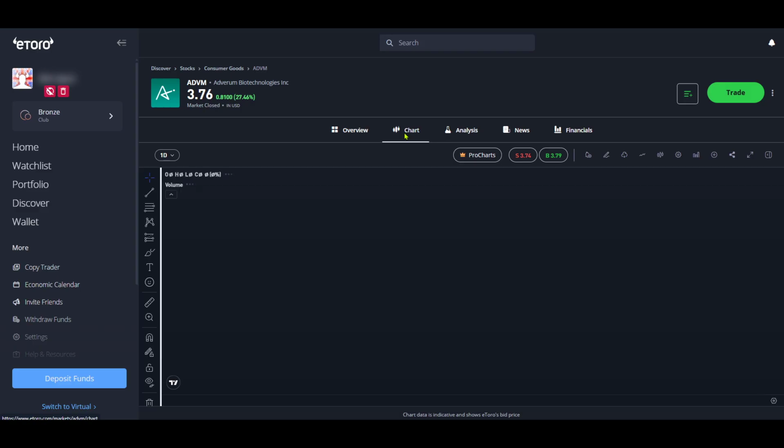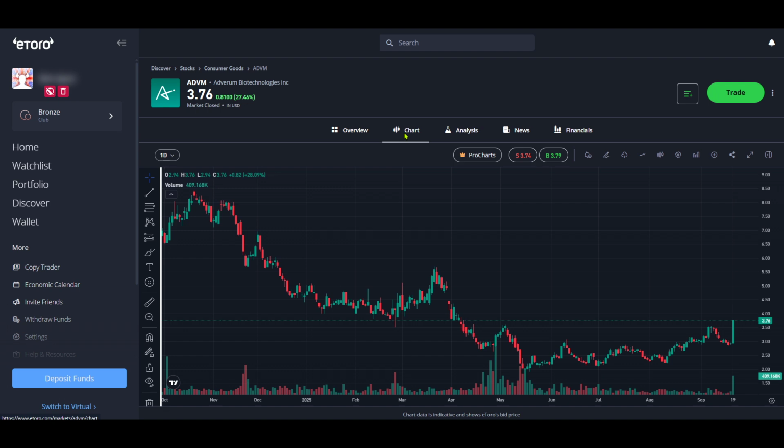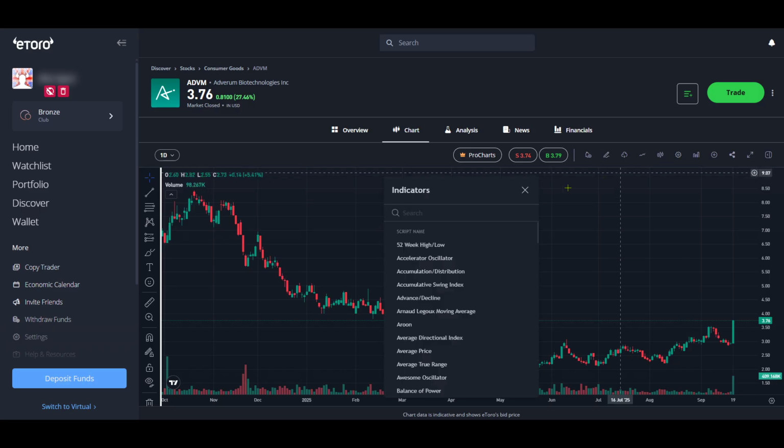Once your chart is open, it's essential to enhance your analysis using indicators. Indicators are tools that apply a set of statistics to the charted asset price over a period to spot patterns and trends. Look for the